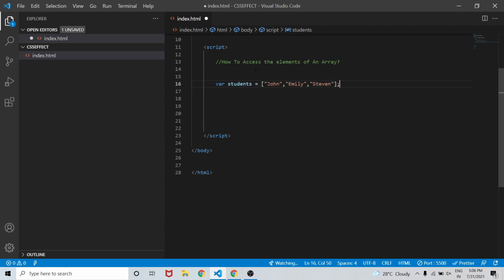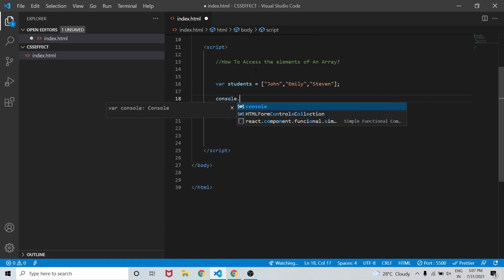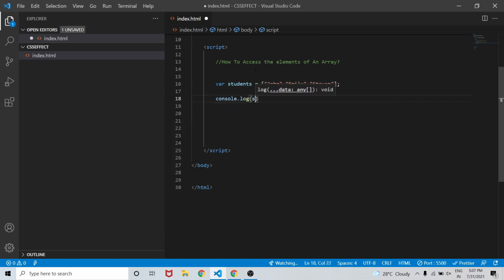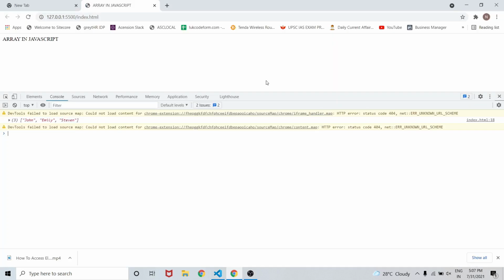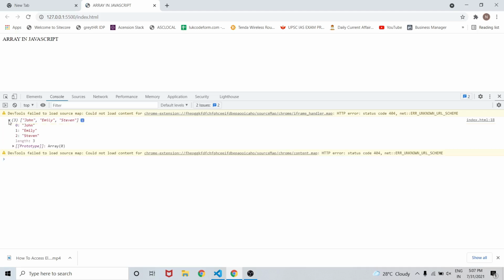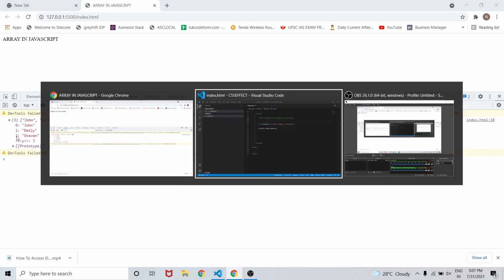Now in order to access the elements of the array, we will write console.log students. We will check the students first. Yeah, it is coming right with their indexes. For John it is 0, for Emily it is 1, and for Stephen it is 2.